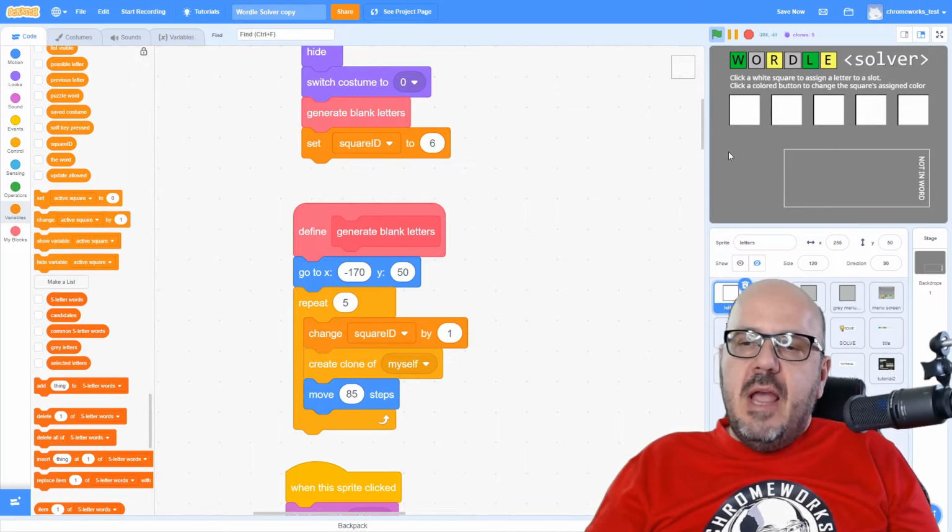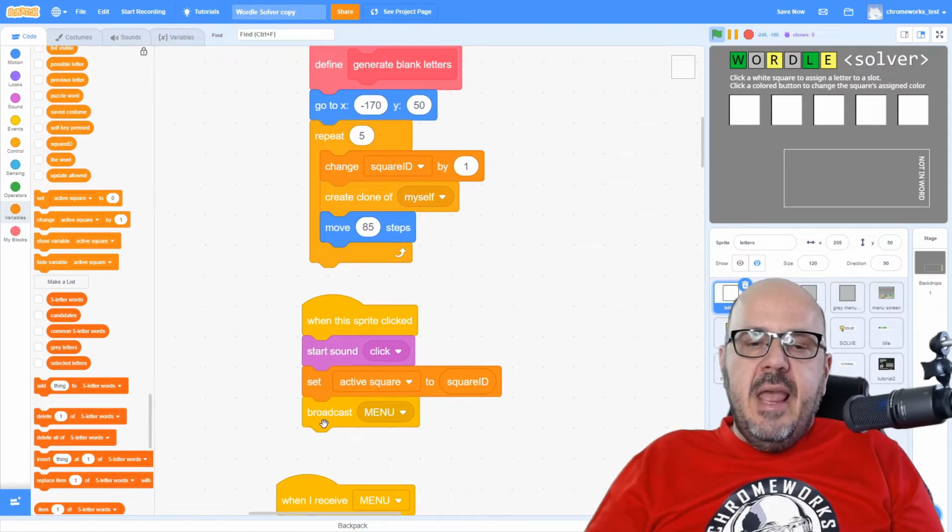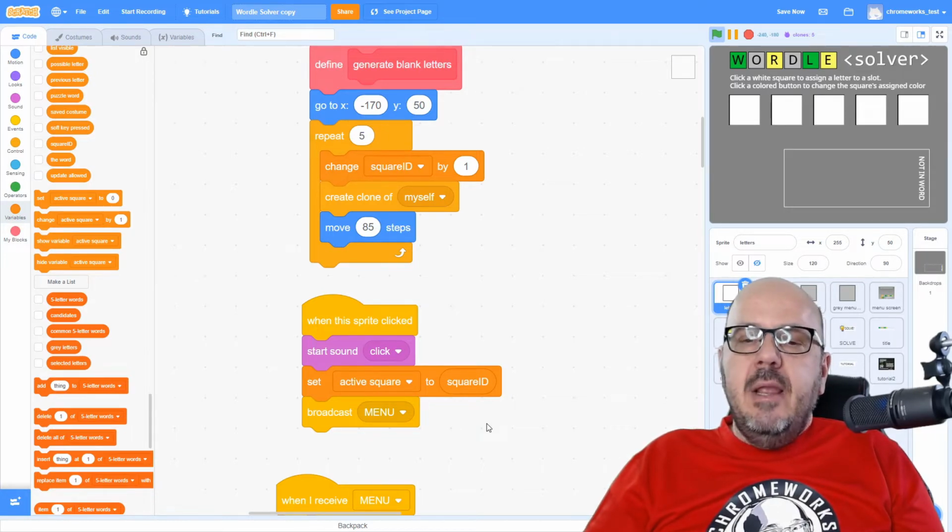This isn't a typical kind of game program where there's a constant loop running around checking to see what you're going to do next. All the action in this particular simulation all happens based on mouse clicks. So the program just stops now and waits for some input, waits for you to click on something and see what happens. We're going to focus on these buttons here, and when I click on this particular sprite, the main thing that's going to happen is it's going to broadcast a message here called menu, and that's going to send a command to almost every single sprite in the program here, telling them to hide or show depending on where the